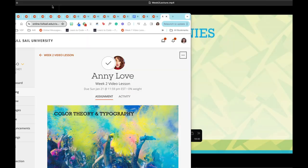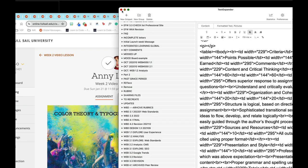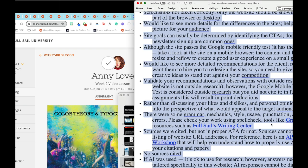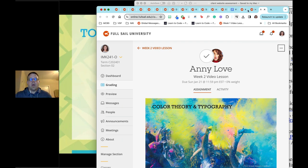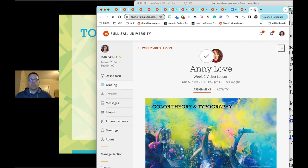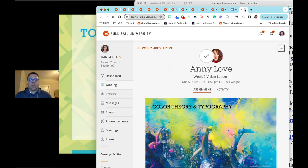Color harmonies are used to create color schemes, and we use the color wheel to do that. The goal is to create a satisfying balance of colors. The harmonies that we will focus on are complementary, analogous, triadic, tetradic, and monochromatic. There are many tools that can assist you in creating color schemes based on color harmonies. A popular one, and one that I'd like to see you use because it syncs with all of your Adobe Cloud software,